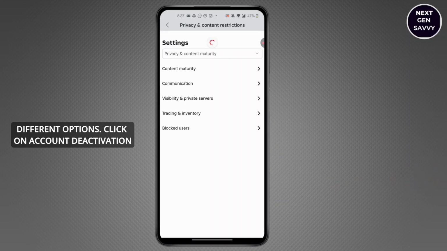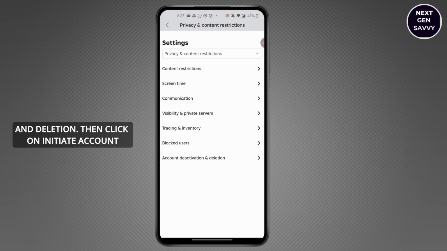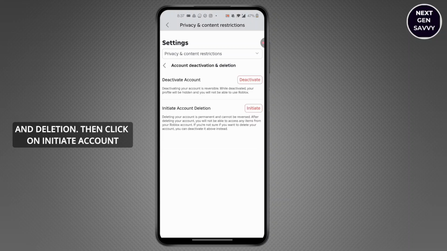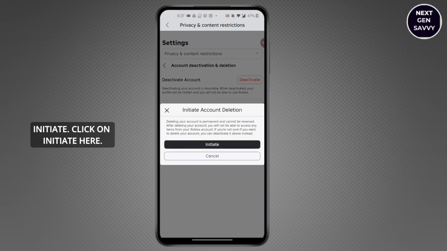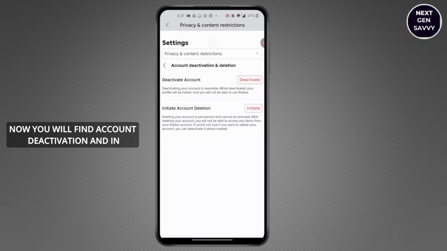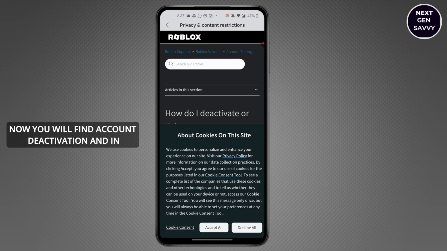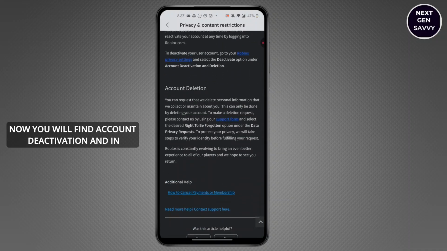Here you'll find different options. Click on Account Deactivation and Deletion. Then click on Initiate Account Deletion and press on Initiate. Click on Initiate here. Now you will find Account Deactivation, and in Deletion click on Support Form,